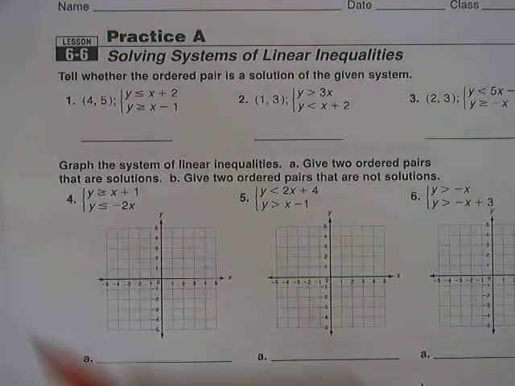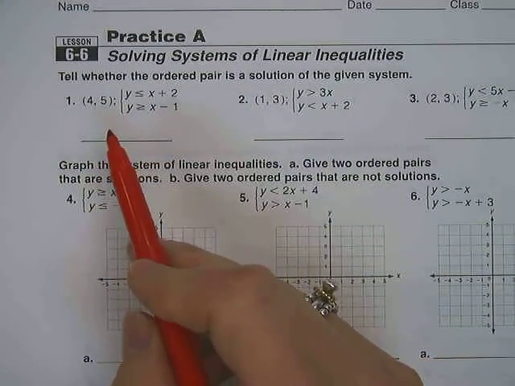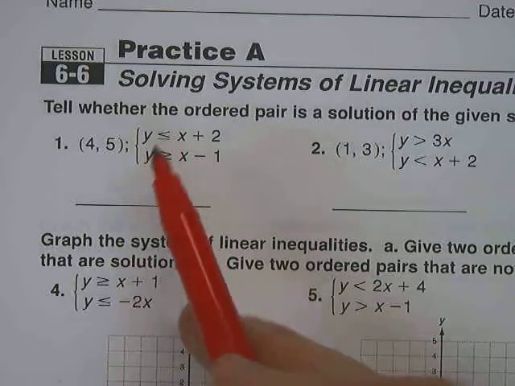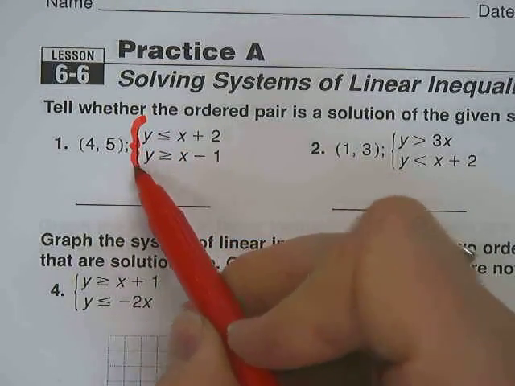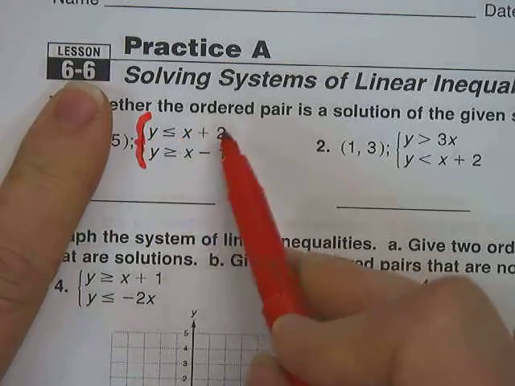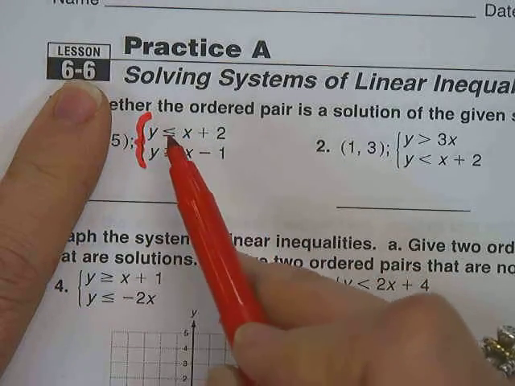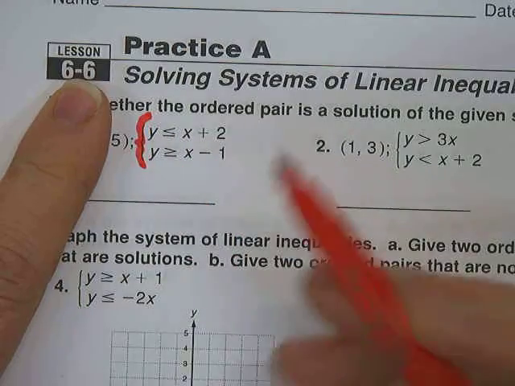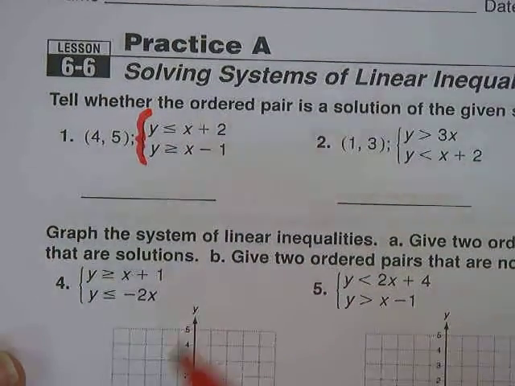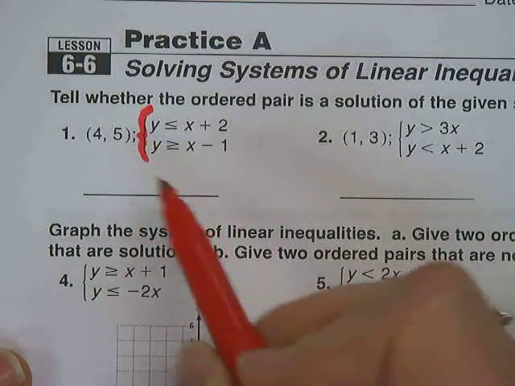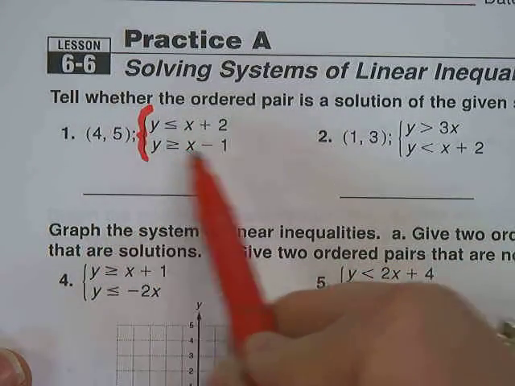A system of linear inequalities, as you notice from number 1, looks really similar to a system of linear equalities. We still have this system bracket here, which means that we're looking for something that will make both inequalities true at the same time. The difference, though, is that there's not equal signs, there's some sort of inequality symbol. So to start out, we want to remember that we're looking for ordered pairs that will make both situations true